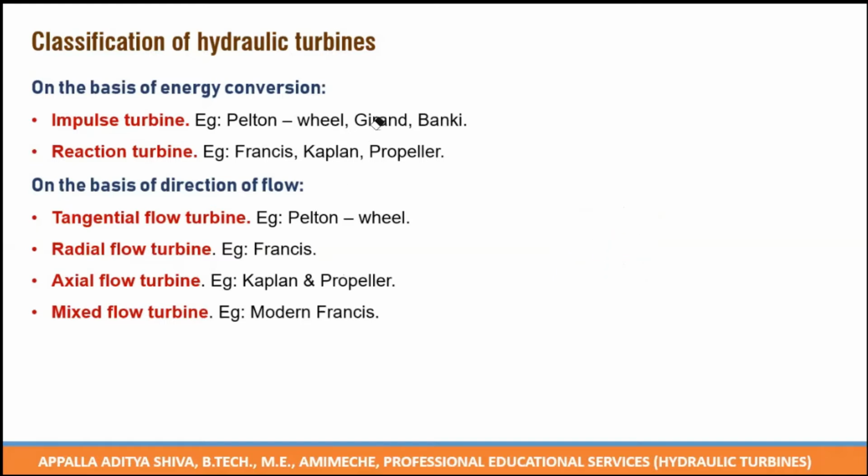Lastly, we have mixed flow turbine, wherein the flow is radial at the inlet and axial at the outlet, or sometimes they call it meridional flow. I'll type it down here. Meridional flow, where the flow is radial at the inlet and axial at the outlet. By joining two streamlines along the flow path, we can get the flow directions. So this is the second type of classification of the turbine.